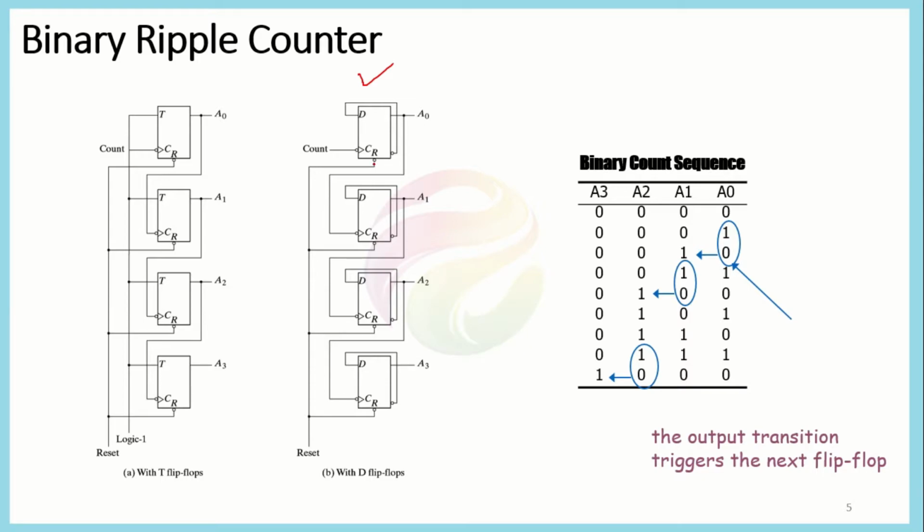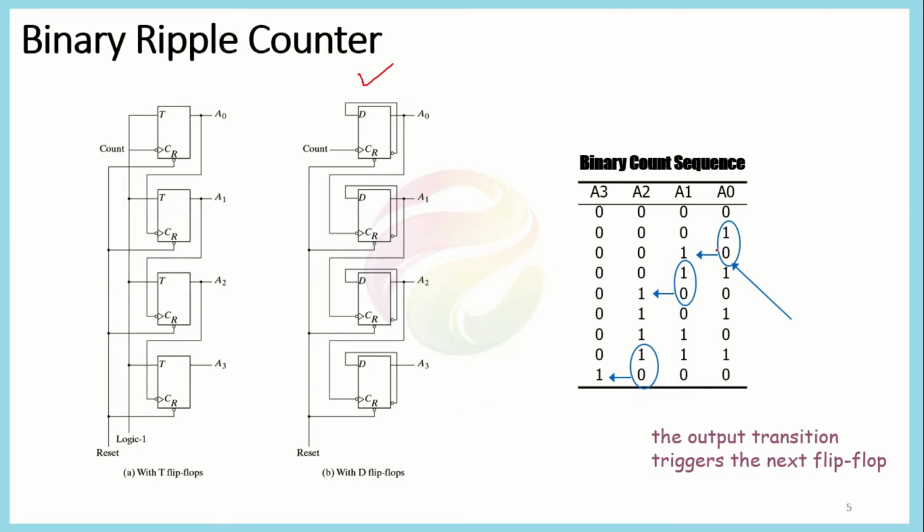And again you can see that the same reset function is also available here. So this would perform the same functionality as this circuit. The only difference is that now we are using the D flip-flop to implement this circuit instead of the T flip-flop. And if you consider the truth table of this binary sequence from the outputs A0 to A3,